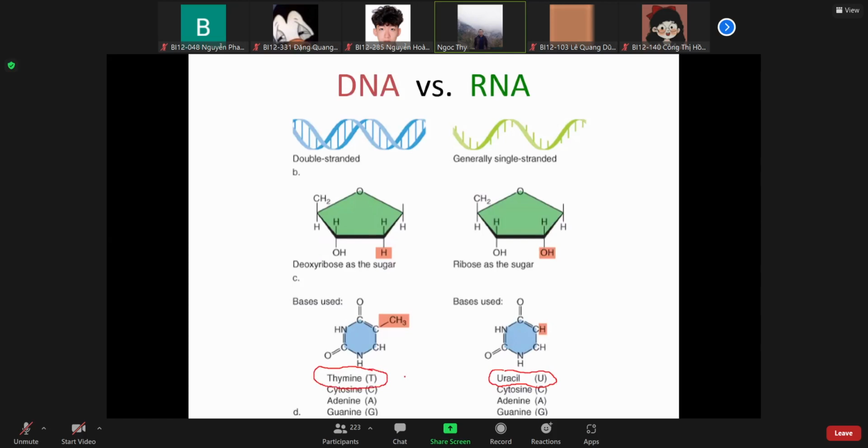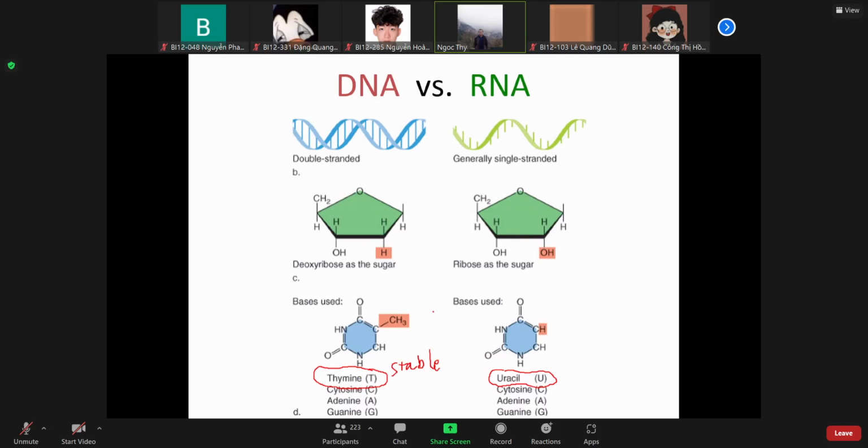It turned out that the T in DNA is more stable because it is quite resistant to photo-induced mutation in the nucleus. So thymine in DNA is more stable and maintains the function of DNA, which is to store and